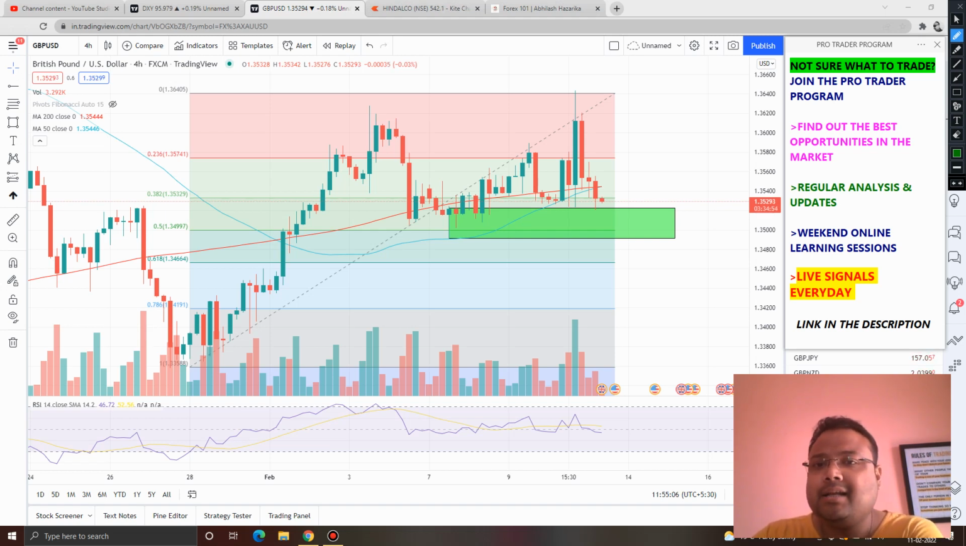But again, in case the market comes down, if pound dollar comes down, then we have a very strong support zone here, especially 1.3500. If the market bounces and you really want to take a buy position, this can be a good buy as well. And on the other hand,